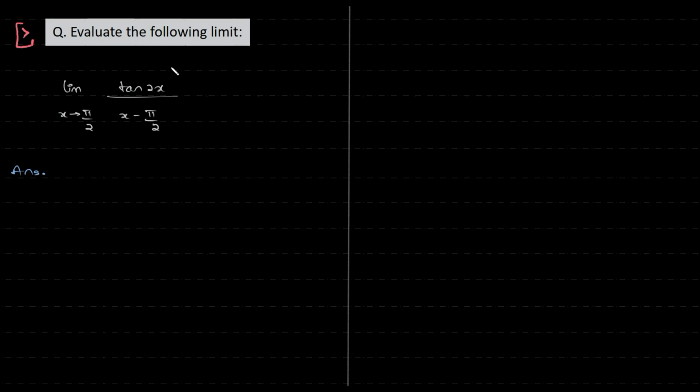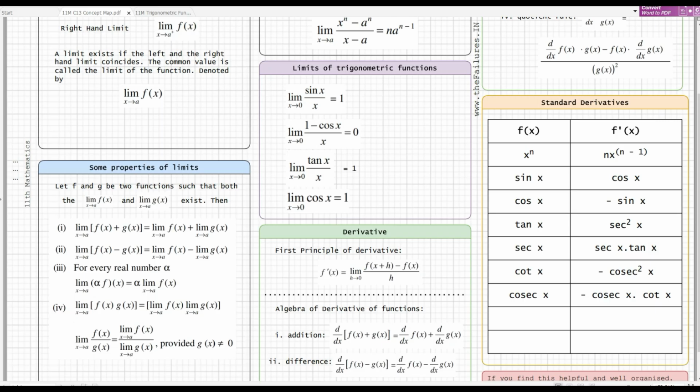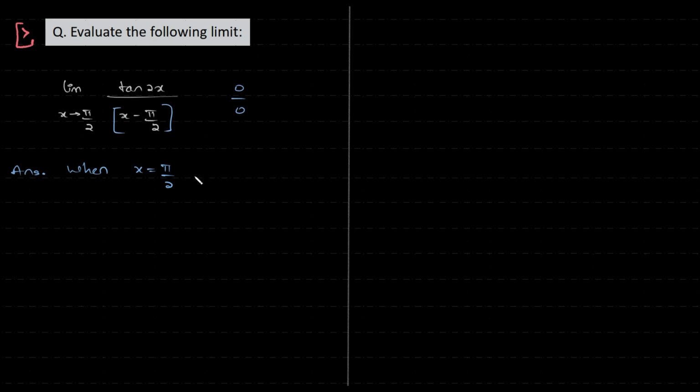Evaluate the following limit: limit of tan 2x divided by x minus pi by 2 as x tends to pi by 2. So this is going to be tan of 180 degrees, and tan 180 is 0. So the numerator is 0 and the denominator is 0. So we have to somehow manipulate it to get an expression that will suit one of these formulas. That's the agenda. So when we have pi by 2, we get the result